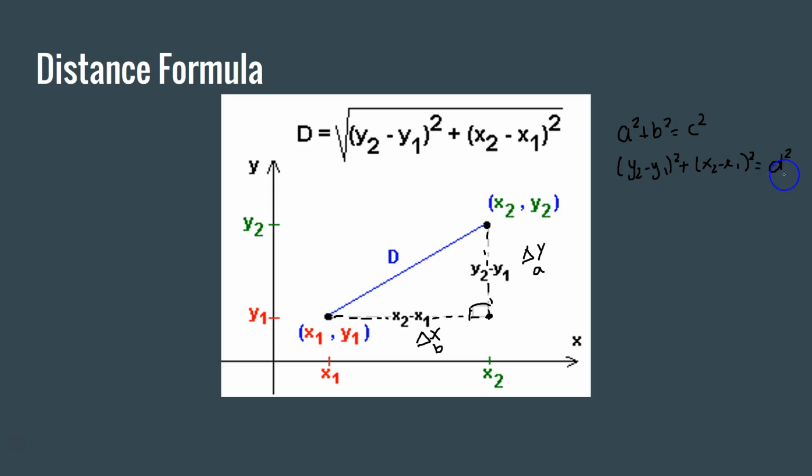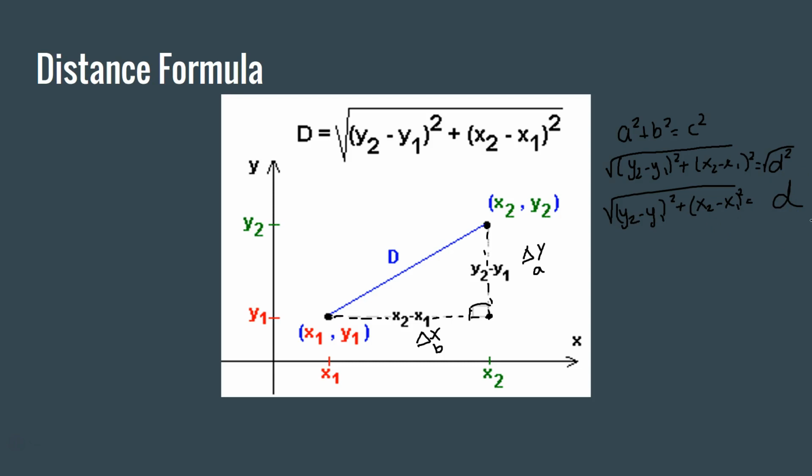But the problem is that I'm not trying to find d squared the way it is. I'm actually trying to find d, not d squared. So in order to get rid of the squared, I need to square root it. And if I square root one side, I have to square root the other side. So now I have the square root of y sub 2 minus y sub 1, which is squared, plus x sub 2 minus x sub 1, which is also squared, which is now equal to d,